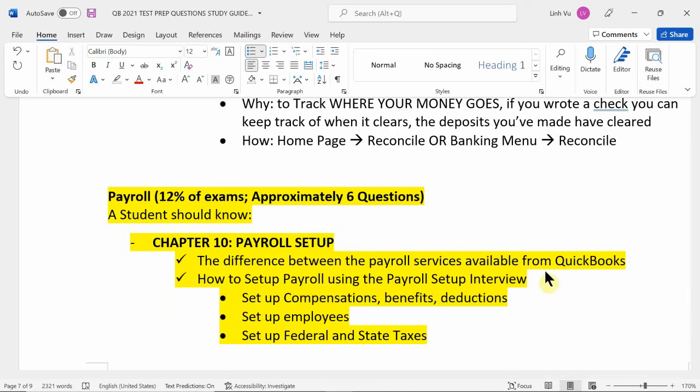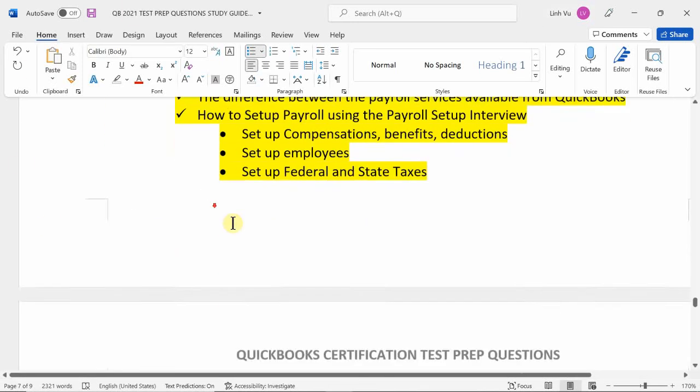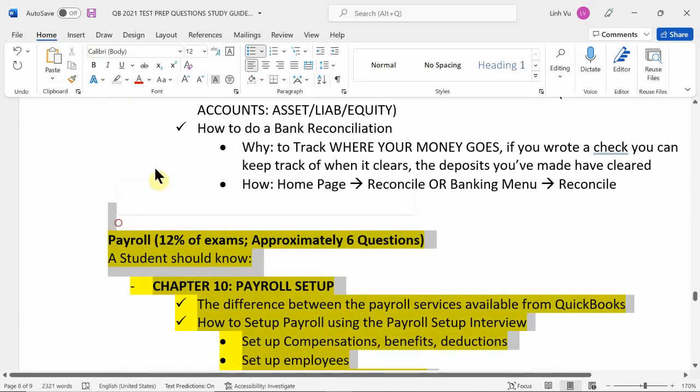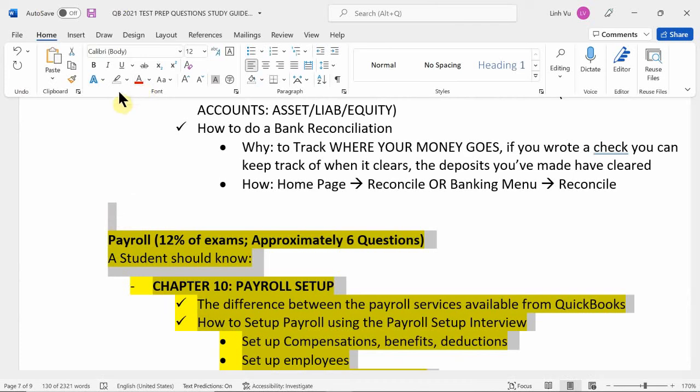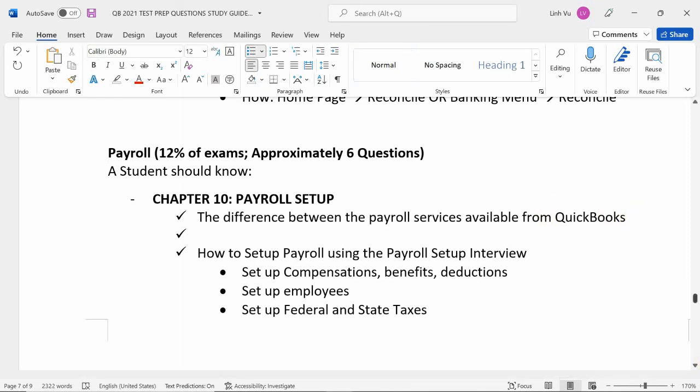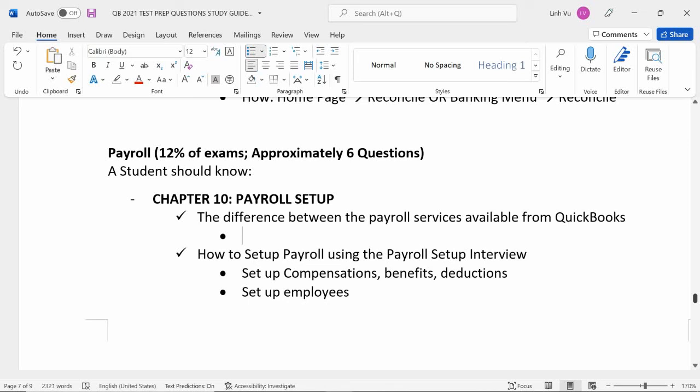All right. Now, payroll. This whole section here is payroll, or this whole section we did not do. Okay. So starting with payroll. Number one. The difference between the payroll services available from QuickBooks. So what are the 3 services that QuickBooks offers? There's 3 of them. Payroll services that Intuit offers